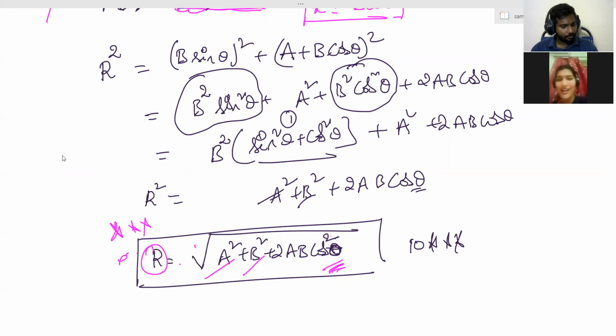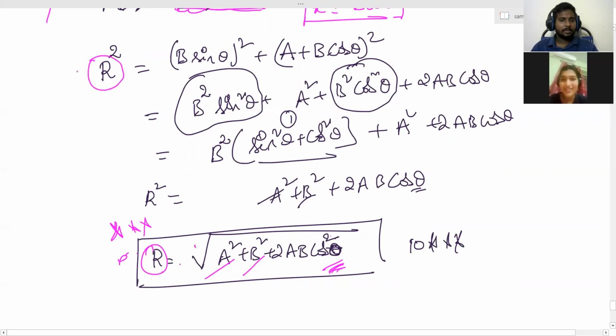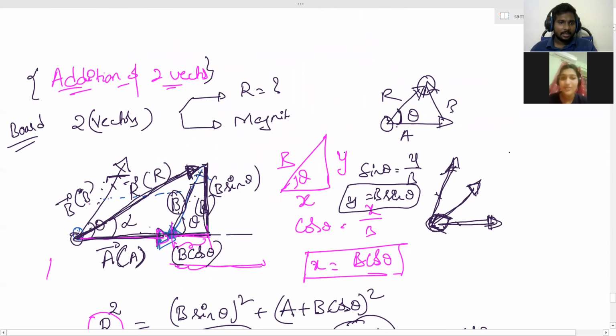Sir, I have one doubt, sir. You can ask. Sir, a vector I understood, sir. This magnitude and vector I'm getting confused, sir. I'm telling here we are finding the direction. I did not say R magnitude. I want to find out the magnitude. Magnitude is nothing but the resultant. No, I'll tell you.